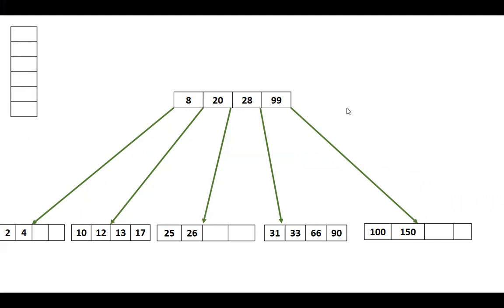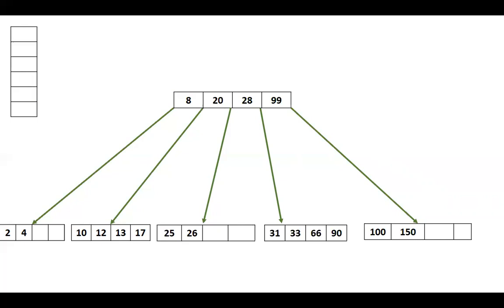So what we saw was deletion of a key from a leaf node where the number of keys is more than required. So directly delete, there is nothing else to be carried out. Then the second case of deletion is what? You're deleting a key from a leaf node, but it has the minimum required keys. In that case, again, you have three sub cases.